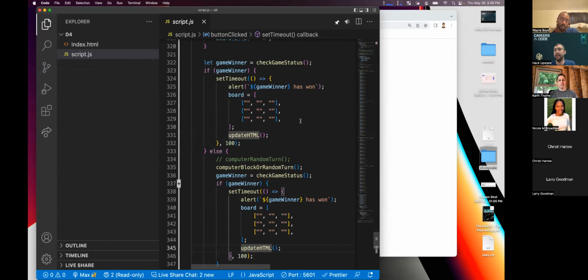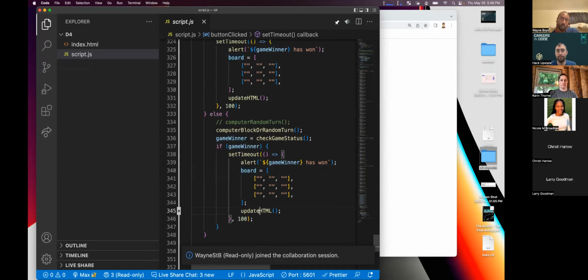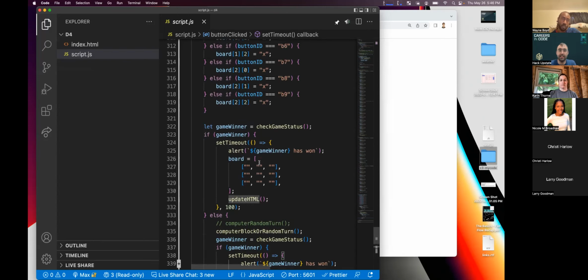So the first step in cleaning up our code here is figuring out what is repeated. And what is repeated here is the, if there's a game winner, set the timeout, alert who's won, clear the board, and update HTML. So we want to be careful with our function name there because our function names are always supposed to be descriptive.